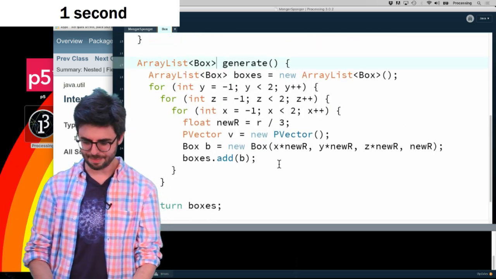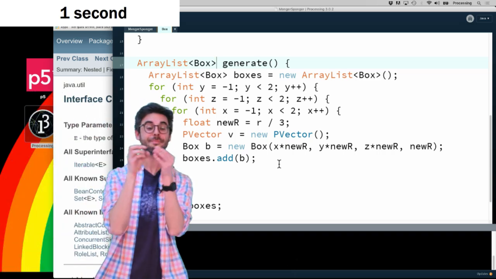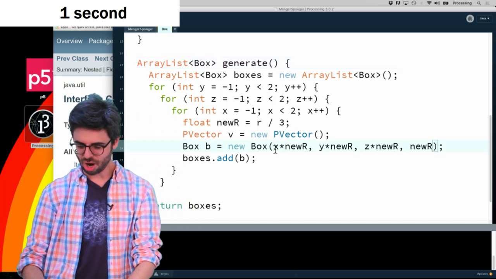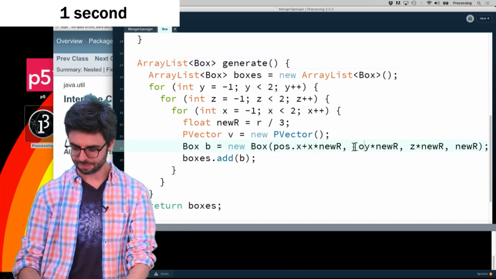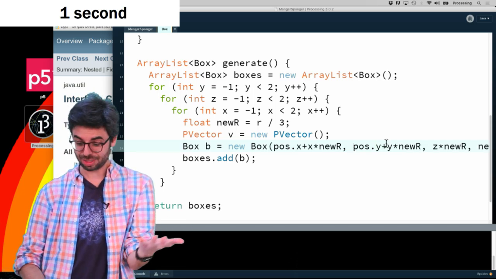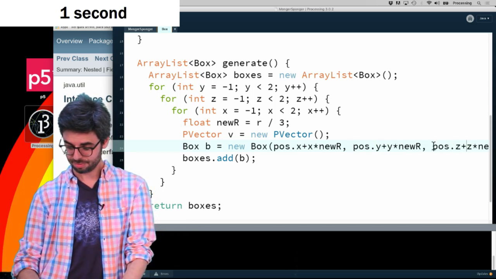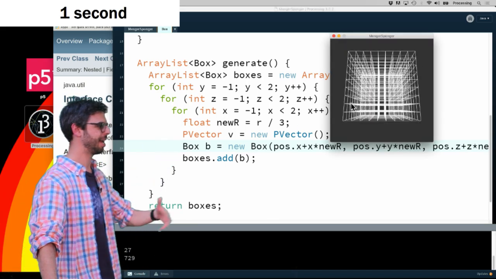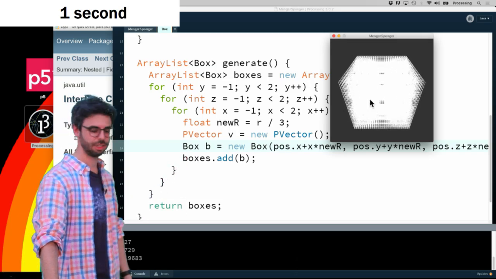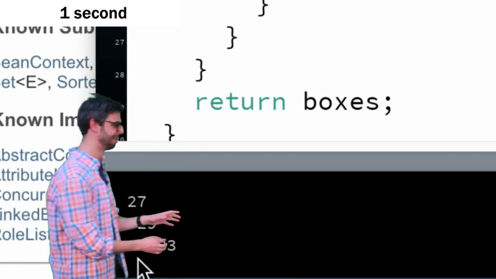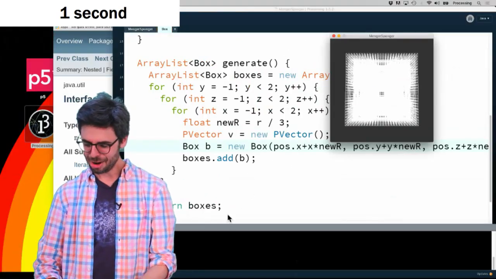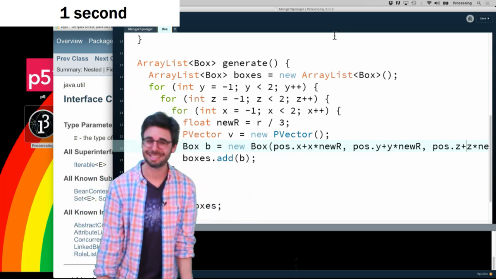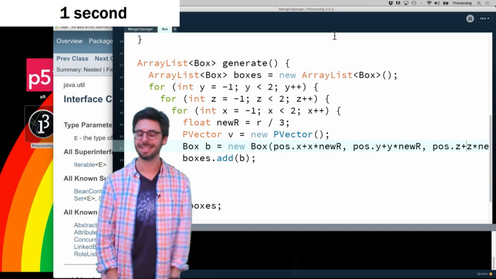Okay, what I did wrong is I'm making these new box locations. They're always the same. They're always around the center of the window, that first box, and they just got smaller. Of course, they have to be offset by this box's actual position, which worked for the first one because its position was 0, 0, 0. And now, if I run this, I have that, and then I have all those, and then I have all those. You can see I now have 19,683 boxes. Okay, so the question now becomes, do I just finish this and I at least have a working example and forget about the 10-minute challenge, or do I go back